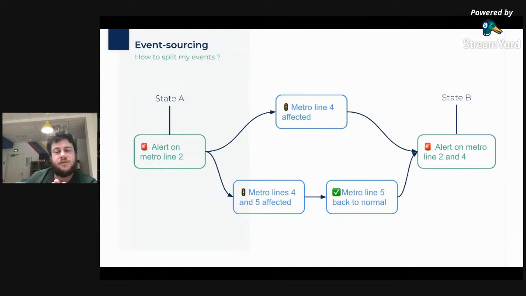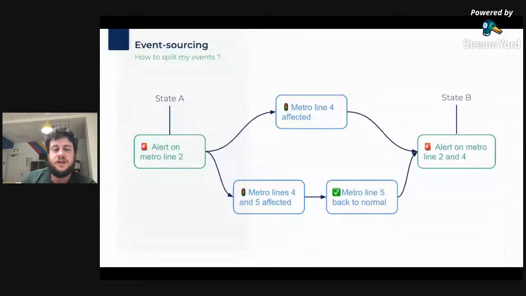Another very important point in an event sourced system is to split your events and make sure that all your events allow you to compute the state of the system. If you take an event sourced system, compute a state, remove the state and recompute it from all the events and arrive at a different result, it means that some information that was in your state before didn't come from the events in the audit log.